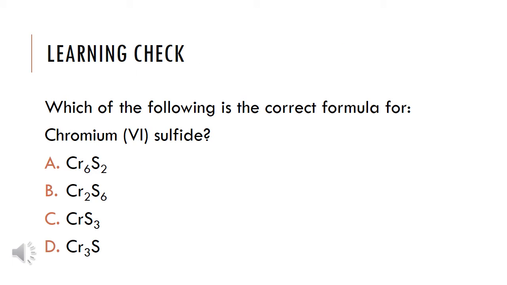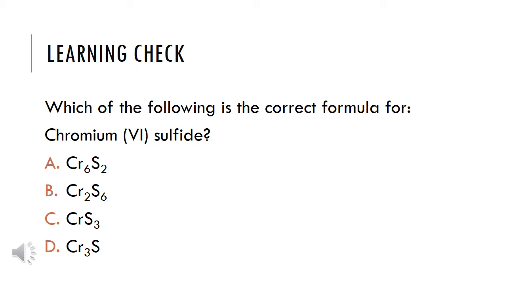All right, learning check number 1. So which of the following is the correct formula for chromium 6 sulfide? So take a minute and see if you can figure this out. Okay, did you make your answer choice? The correct answer here is C,